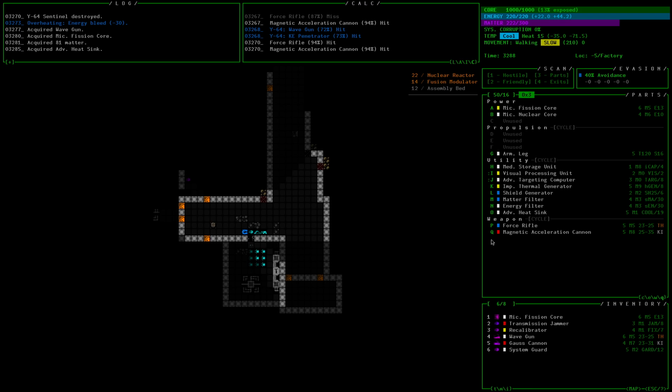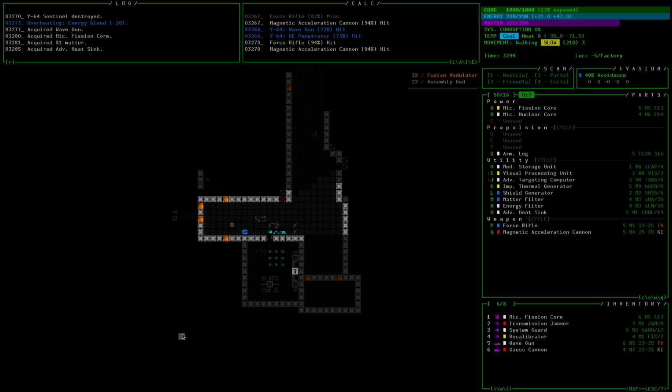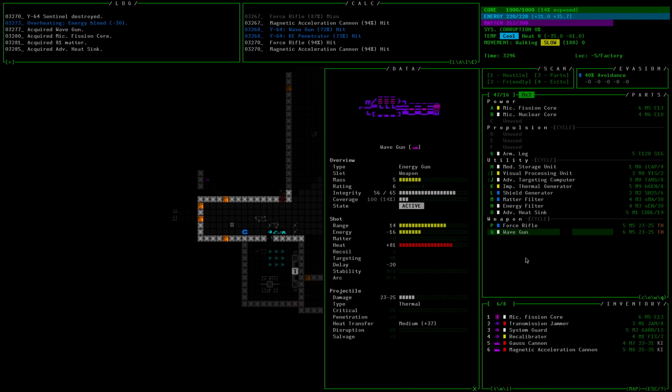Yeah, we are into single leg. I mean, to be fair, it is an armored leg. Although I'm kind of thinking about just equipping some treads. Also, hey, Finian. What's up? Also, I'm going to remove the magnetic acceleration cannon and put the wave gun on here. That's a lot of heat, but...